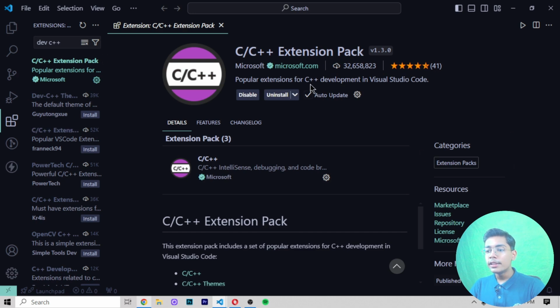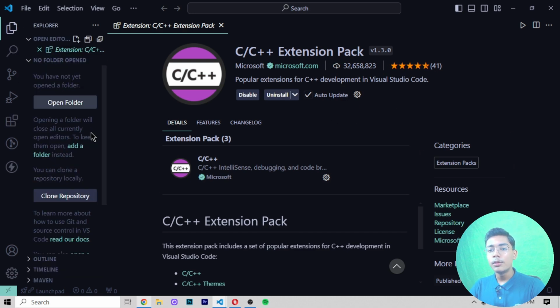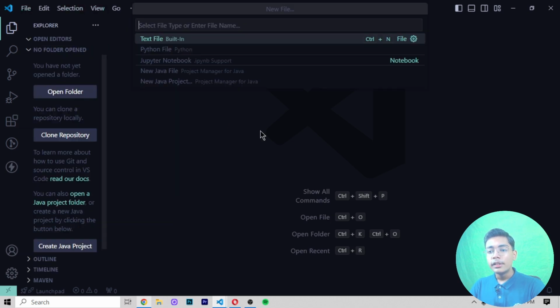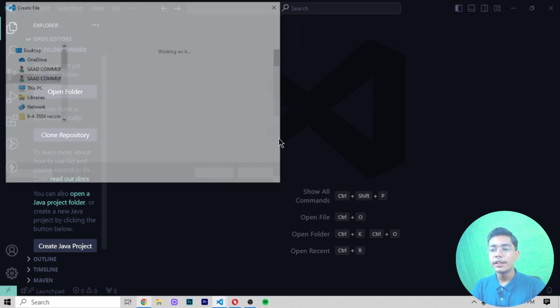And after downloading this extension pack of C++, just move on to your file, and here we have to create a C++ file. And now this is a really important thing, we have to see how we can create a file of C++. You can start working with C++ normally in an online text editor as well, like Replit and many others available, like Jupyter Notebook as well. You can use that for C++, but I prefer you to use the text editor which you have already installed on your operating system, like VS Code or Dev C++. So now we'll give the file name here of this C++ file, which will be tutorial.